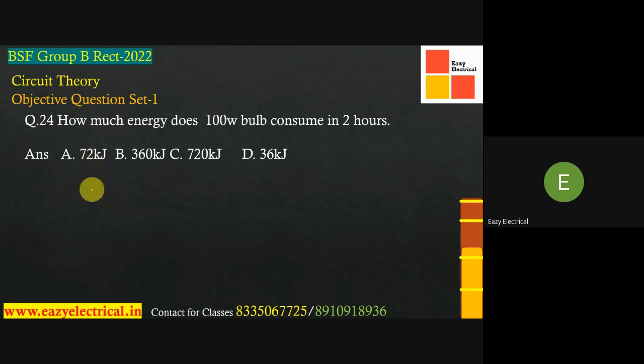সম্পর্ক মনে আছে? 1 কিলোওয়াট সমান সমান কত জুল বা কত কিলো জুল? 1 কিলোওয়াট সমান সমান হচ্ছে 3600 কিলো জুল। তাহলে 100 ওয়াট সমান সমান কত হবে? 360 কিলো জুল। 360 কিলো জুল হচ্ছে 1 কিলোওয়াটের জন্য। 1 ঘন্টা চললে 360, 2 ঘন্টা চললে 360 ইন্টু 2, 720।